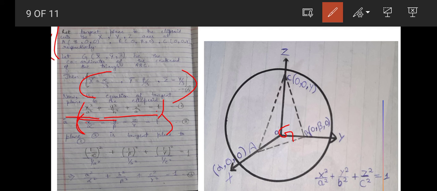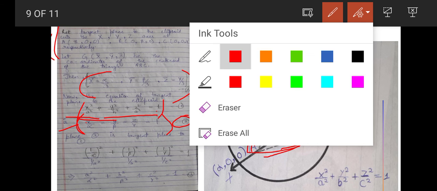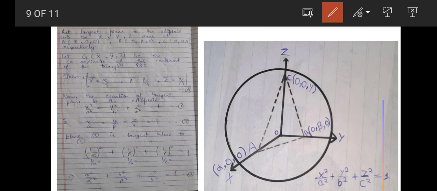Okay, so this is the equation of the plane, and the plane is tangent to the ellipsoid. This plane is basically in 3D. It is very difficult to represent this plane in 3D on a 2D paper, but you can clearly imagine this plane in 3D, and this is the required equation of the plane, that is x upon alpha plus y upon beta plus z upon gamma is equal to 1.